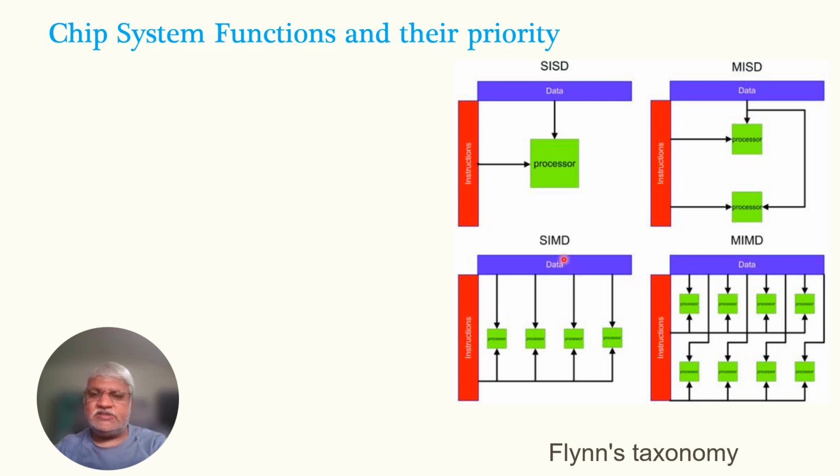Coming to the single instruction and multi-data stream: though the single instruction is given to the different processors, the data provided to these processors are different. In this one, this is multi-instruction and multi-data stream, and this is the Intel 8080 processor example. Here this one is the multi-instruction single data stream, wherein